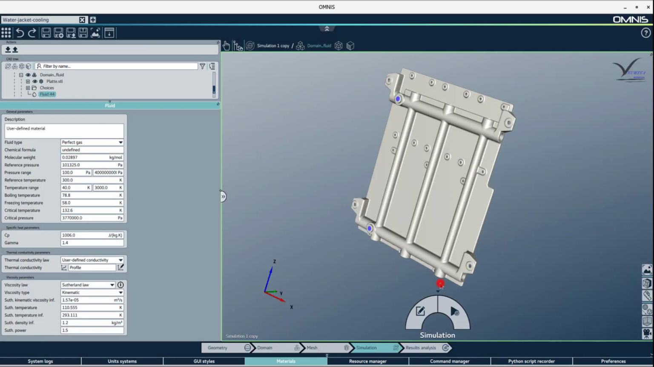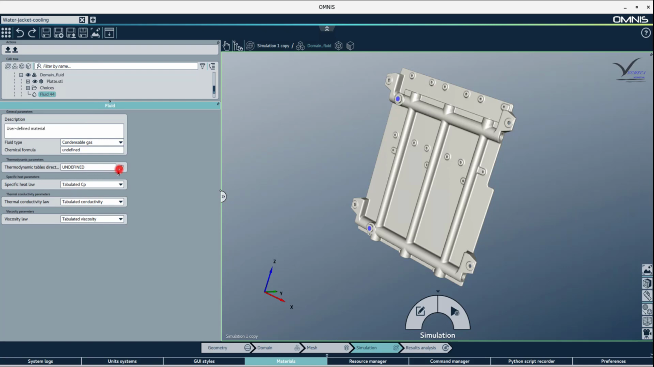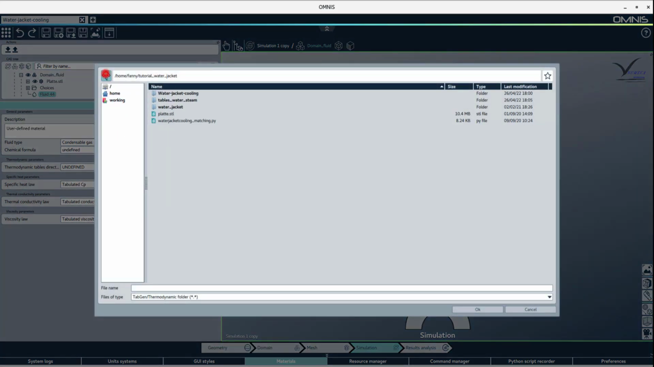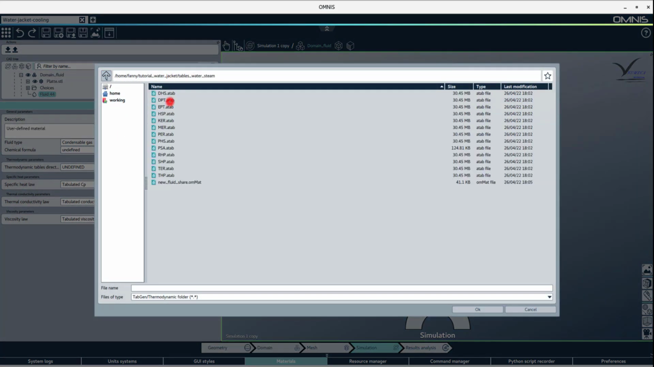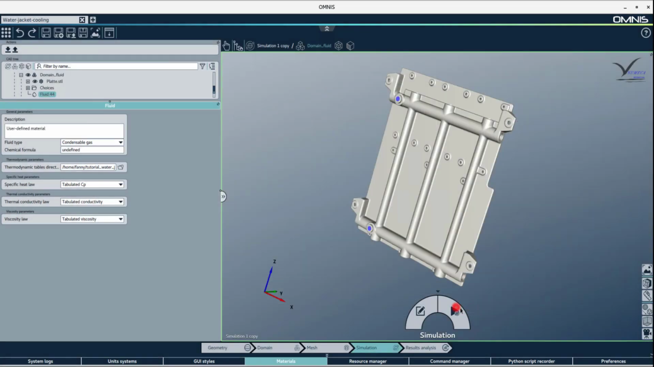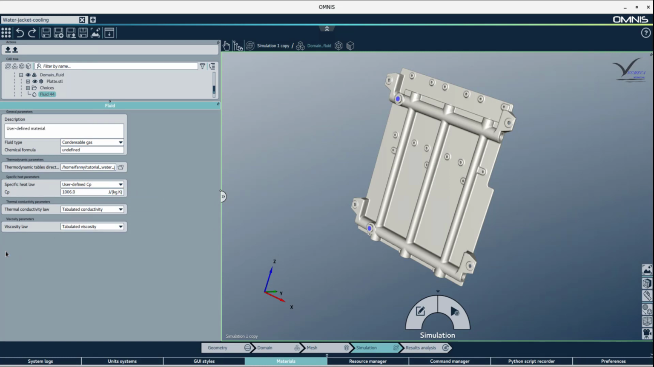To define a fluid using thermodynamic tables, select the new fluid and switch to condensable gas as the fluid type. The tables can be selected by browsing to the folder containing the fluid tables. Upon import, you can then decide to use the CP, conductivity, and viscosity from the tables or to define some of these properties manually. You can rename a material by right-clicking on it in the tree and entering the new